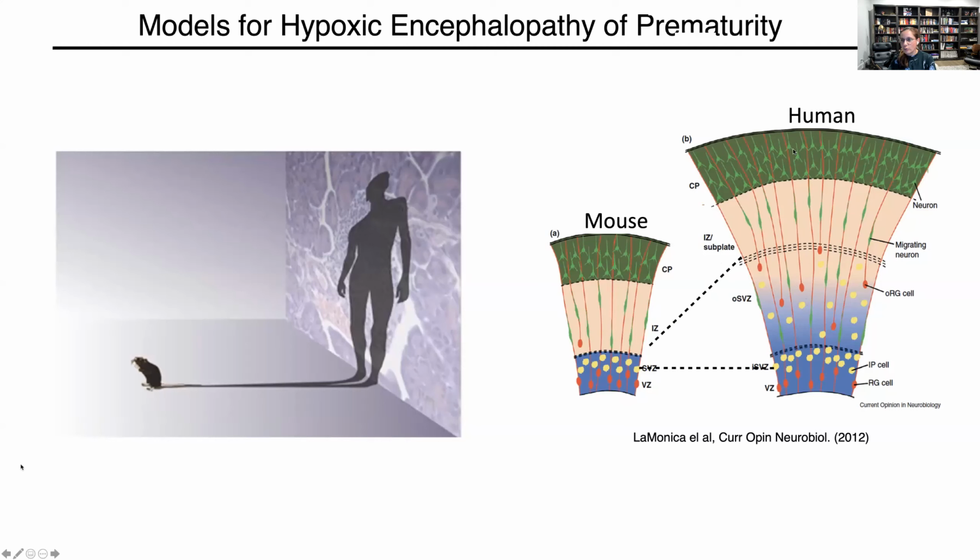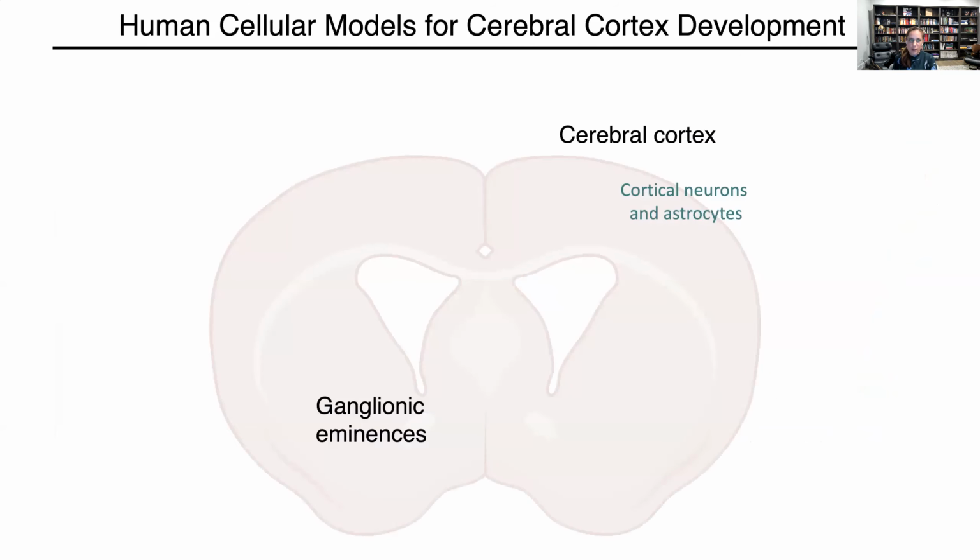And they contribute significantly to the expansion of the human brain just by having a larger pool of progenitors. So we think that these cells are primarily responsible for the expansion of the human brain in primates and in humans. And this is something that we cannot really study in rodent models because they lack that region of the developing brain. So in my laboratory and during my training, I was interested in developing these human cellular models for